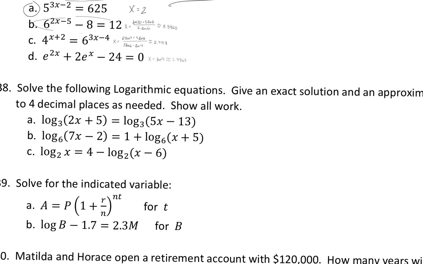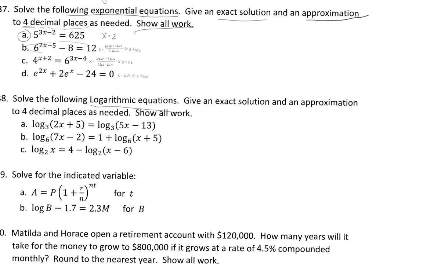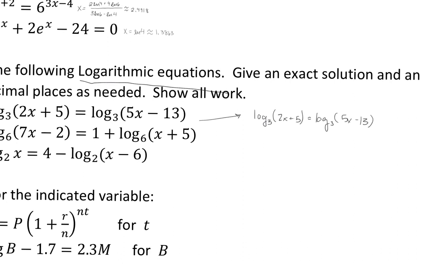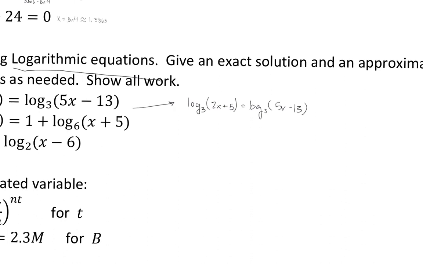Now moving on to problem 38, we were asked to solve the following logarithmic equations. We were supposed to give an exact solution and approximate to 3 decimal places as needed, showing all work. Okay, so this first one, we have log base 3 of 2x plus 5 equal to log base 3 of 5x minus 13. So what we can do here is go ahead and raise 3 to the power